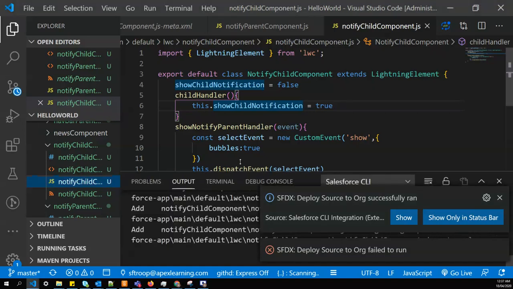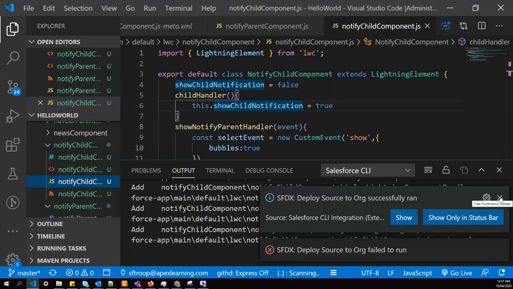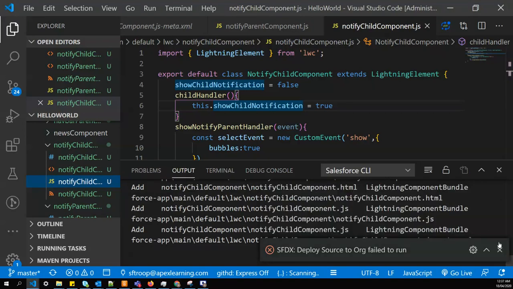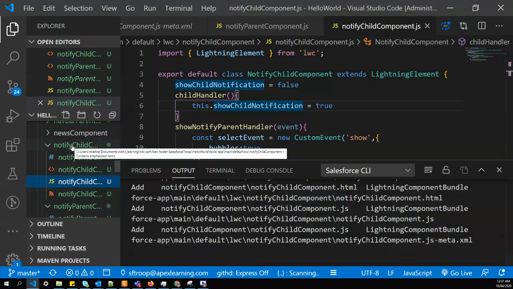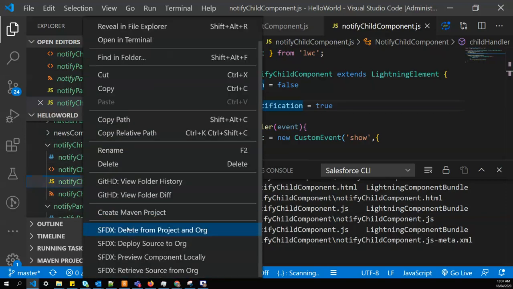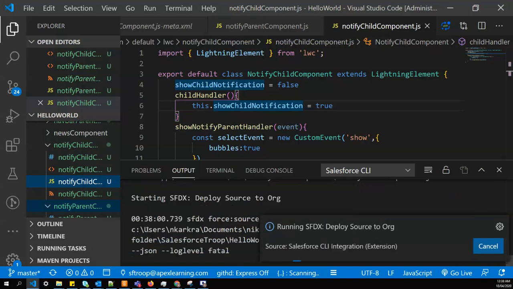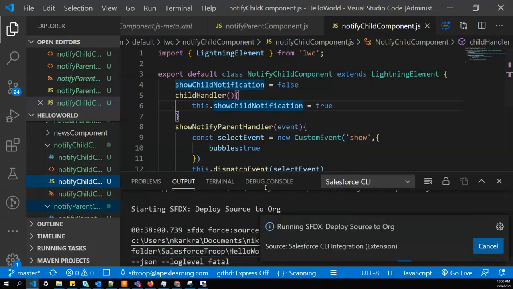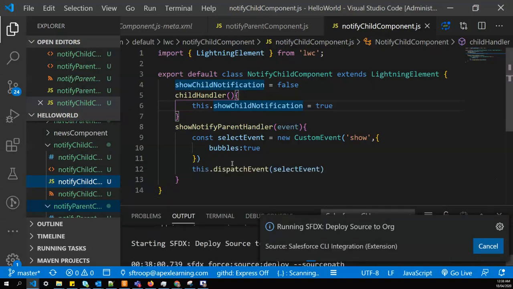Something got failed. Child has passed. Let's deploy parent again. Yeah, so in the meantime I'll explain it again.